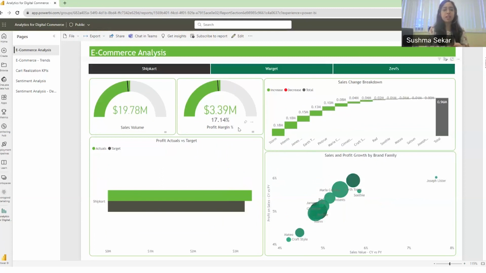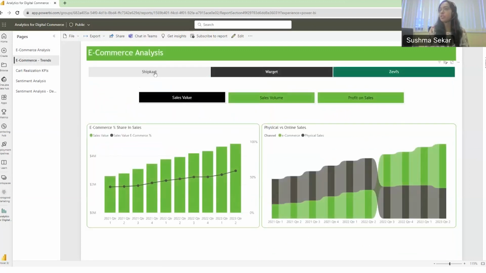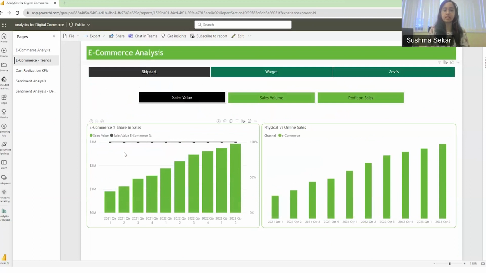It would also be a good idea to track the online sales in comparison with total sales and physical sales for different retailers. If I click on Shipcart here, I see that it's completely online, so I can't really compare this with physical sales. I see that it's 100% online here, and on the chart on my right, there is no